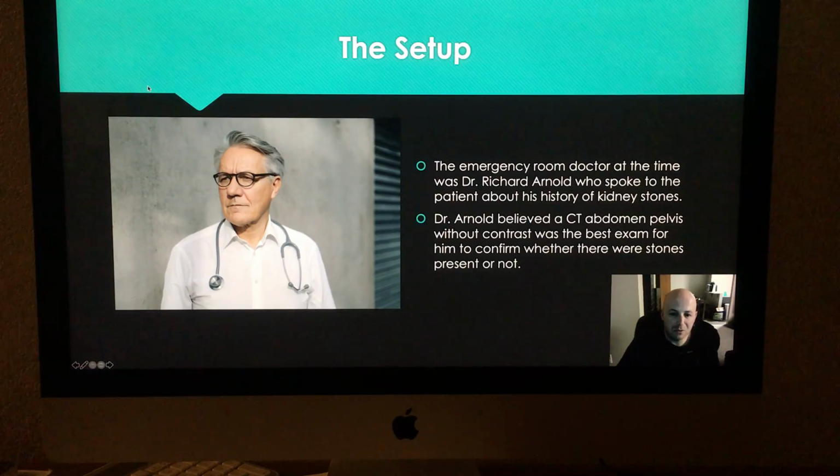Alright. So, the emergency room doctor at the time was a Dr. Richard Arnold, who spoke to the patient about his history of kidney stones, and as is, at least from what I have seen, he believed that he should order a CT abdomen pelvis without contrast, because that way they can see the kidney stones without the contrast obscuring anything, just due to them being a much higher density. And this would also allow them just to confirm where the stones were, how big they are, how many there could be. So just standard